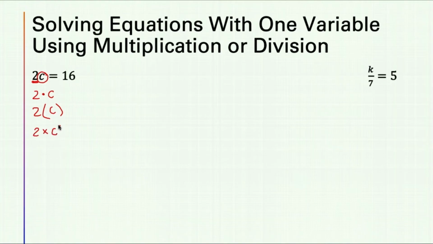Now, we tend to avoid this one because, of course, if the variable was x, you can see how that's confusing. So we tend not to use this as the multiplication sign. Instead, we use the dot or parentheses. Any of those work. Or this one. This one is obviously the least complex.